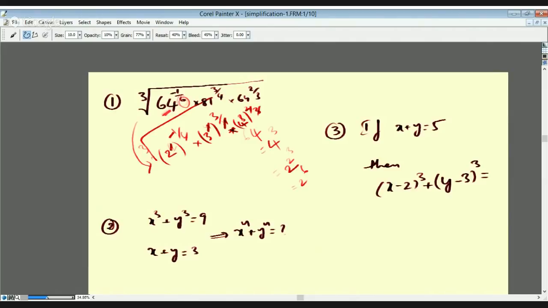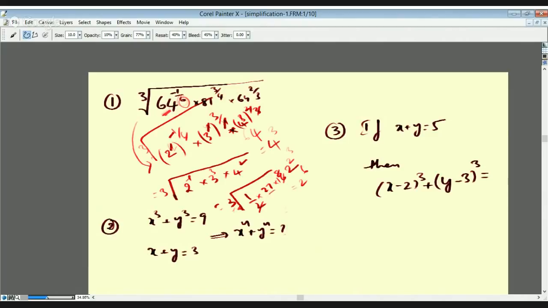So this will become cube root of 2 power minus 1 into 3 cube into 4 square. Again we'll solve this: cube root of 2 power minus 1 is 1 by 2, and this is 27, and this is 16. Two ones are 2, and this is nothing but 2 eights are 16. So it has become